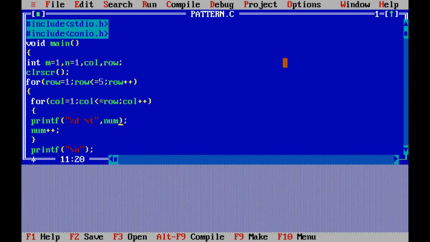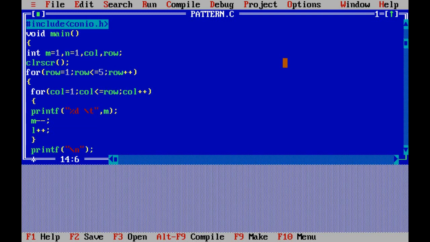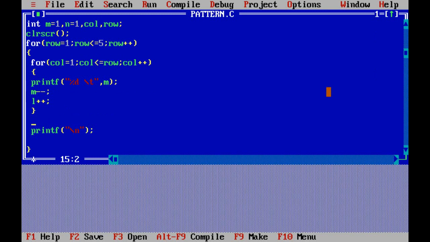So now I'm going to change the value as m because we have to print the value of m, and we have to decrement the value of m. So I'm giving it as m minus minus and n plus plus for incrementing the value, that is for different rows. So after the for loop of the column, for different rows only we should have the m value, right?